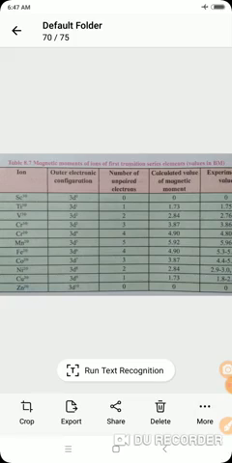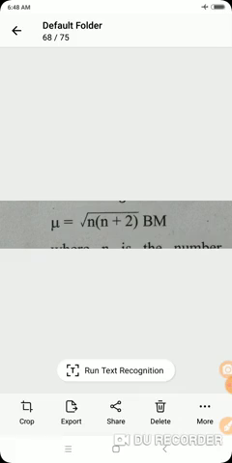This table has various columns. The first column is of the ions. Then, we know how we can find out the magnetic moment. We can calculate the magnetic moment of transition metals from the spin only formula, which we studied in the previous video. The formula is mu equals the square root of n into n plus 2 BM. BM stands for Bohr magneton, mu is the magnetic moment, and n stands for the number of unpaired electrons.